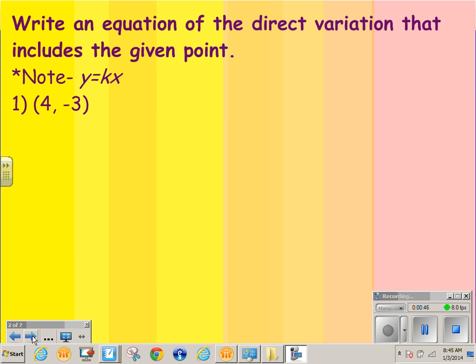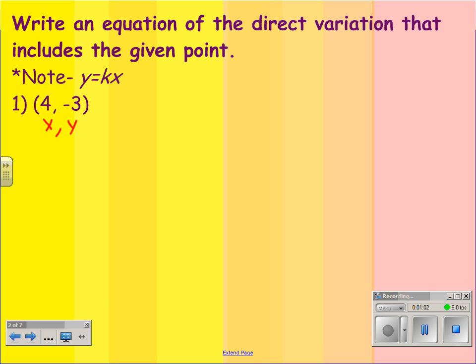Write an equation of the direct variation that includes the given point. So each time you do a problem today, I want you to write the equation. The equation is y is equal to kx. So we're given an ordered pair. That's what it means by going through the given point. And we know that 4 is the x and negative 3 is the y. So we're going to just simply substitute that into the equation. That's why I want you to write the equation. The equation is y is equal to kx. So x is 4. So I'm going to substitute that in for x, and then y we know is negative 3, so I'm going